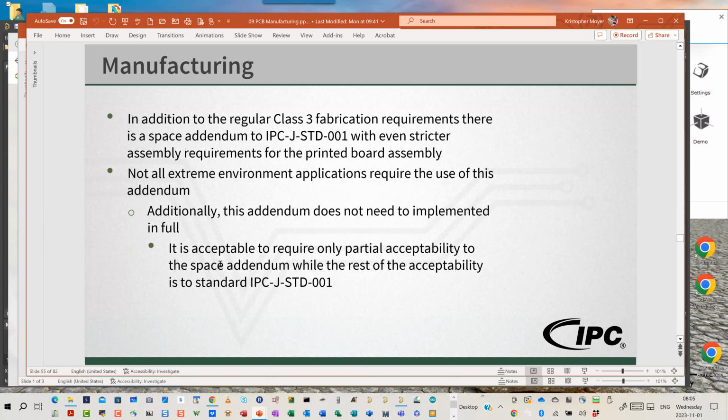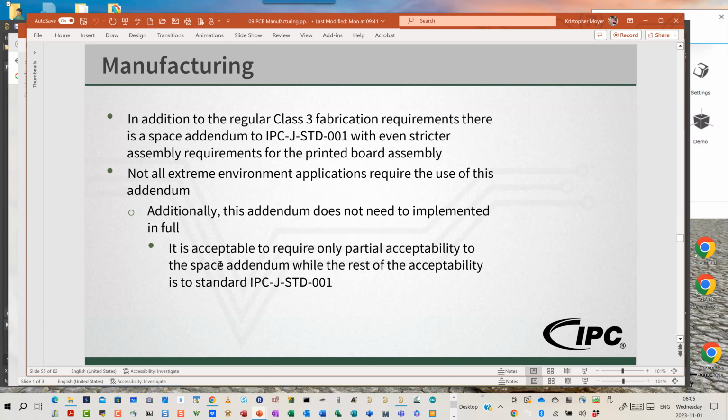So IPC has produced several different addendums for specific market segments, specifically military aerospace, the space addendum to mil aero, the automotive market segment, the medical market segment, and so on,